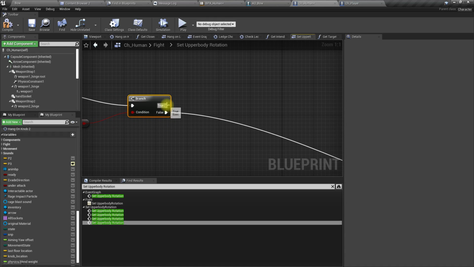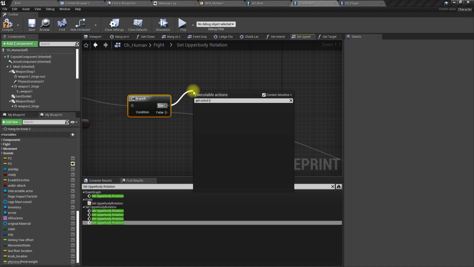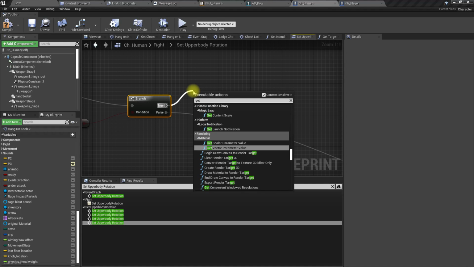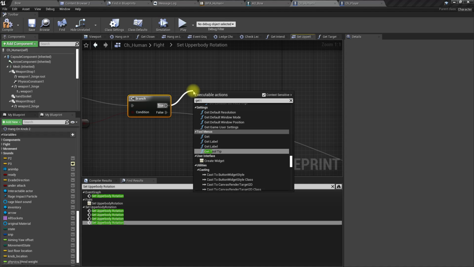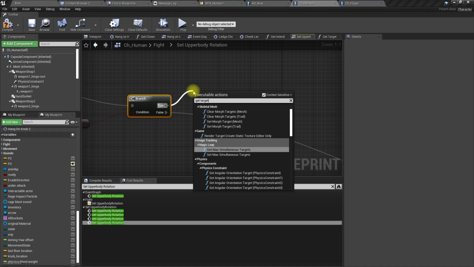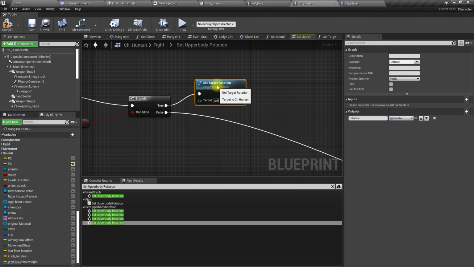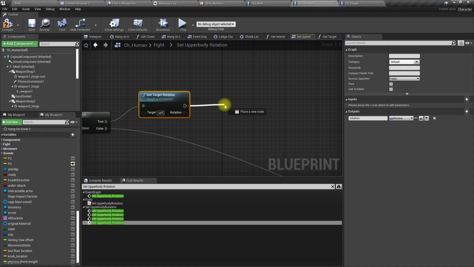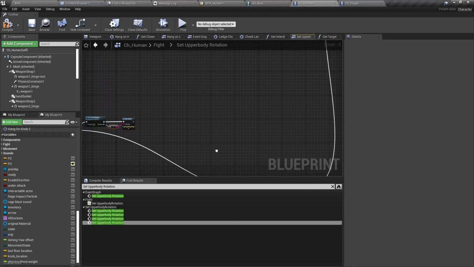Right, now get control, no, get target rotation. Right, now here let's print whatever values we receive, like this.